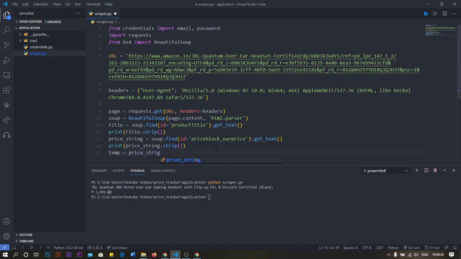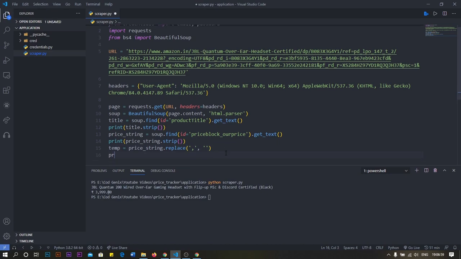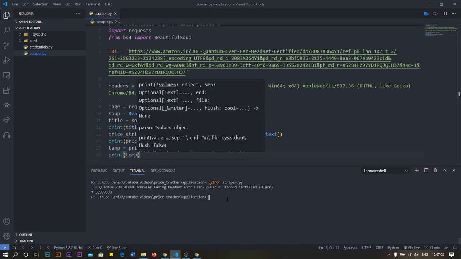To do that, we'll use the replace method from Python. So we come here, we enter comma. The first parameter will be the element that we want to replace, and the second parameter will be the element that we want to replace it with. We want nothing to be there, so the comma will be replaced by nothing. So we do that, and let's print temp.